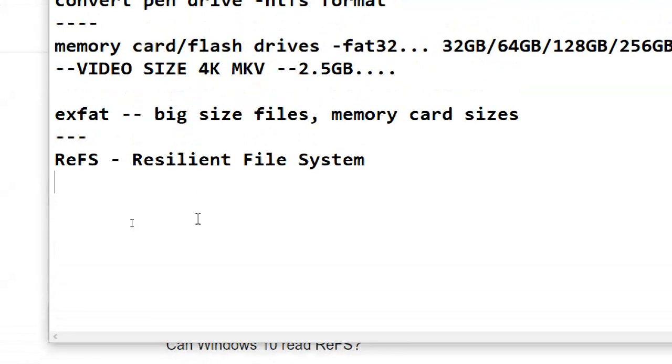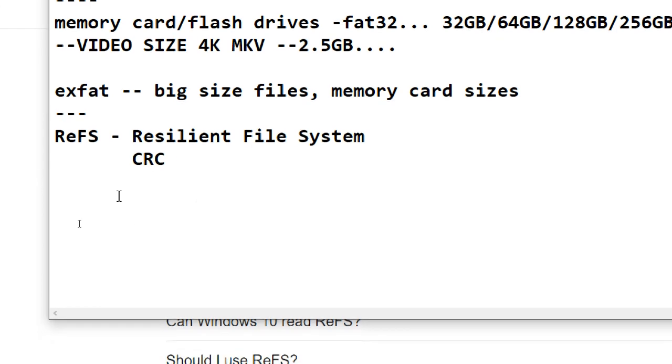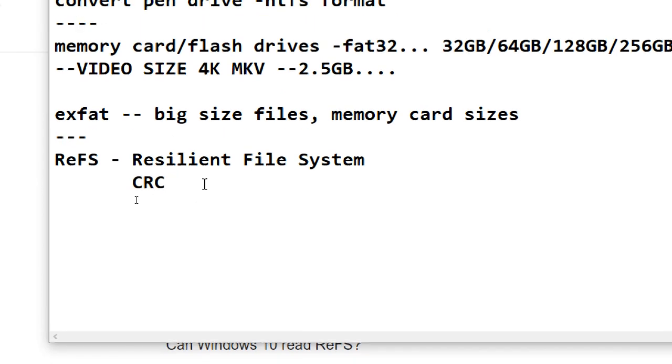It uses CRC. What is CRC? Cyclic redundancy check. You already know that one. It uses a cyclic redundancy check to keep the data safe. Data is copying, data is moving, right? When data is written, data may get corrupted.